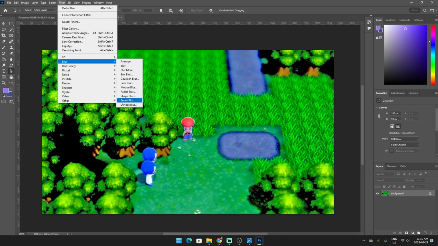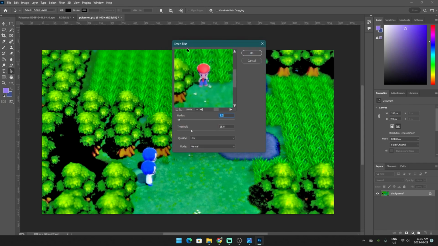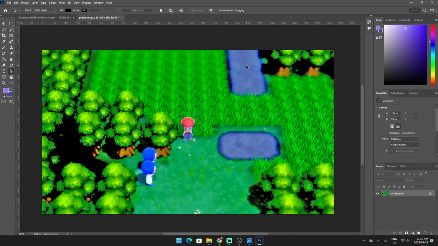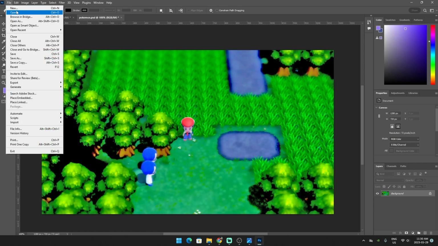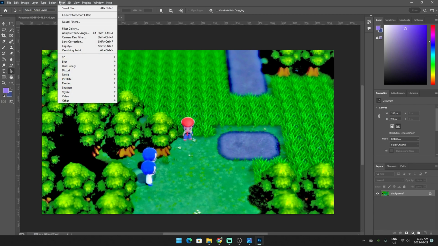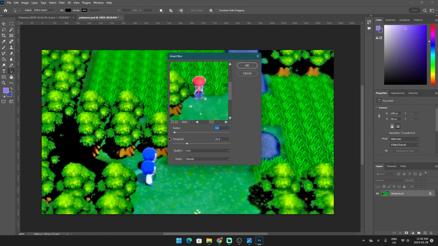And we also have shape blur, smart blur. Let's see. Smart blur is pretty awesome. I like that option. So if I click OK, let's see how it looks. Very nice, right? It looks pretty unique. It's like it's made out of an animated cartoon, but I'm going to undo it. It's pretty nice. So I'll show you what this setting does. I think I do like this setting. Smart blur. So basically it allows you, if you do it too much,